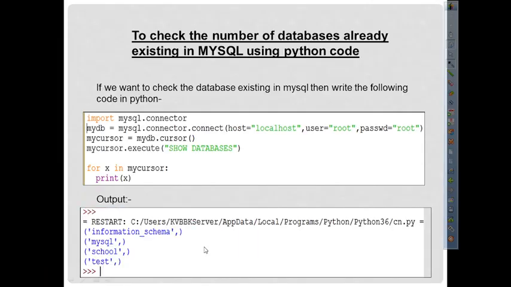So this is the first part. In this part 1, I have explained what database connectivity is, how to install the package mysql.connector, how to create the connection object, how to create the cursor, and how to execute the SQL commands. I have shown you how to create the database and how to check the already existing databases. So with this, I am going to end part 1 of this video.